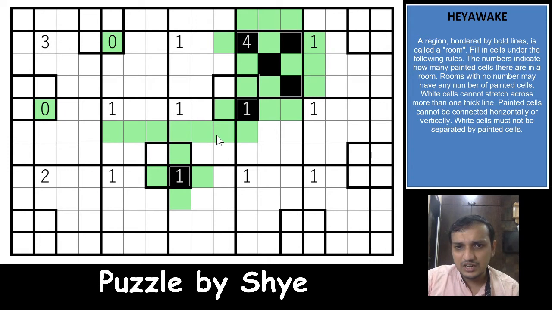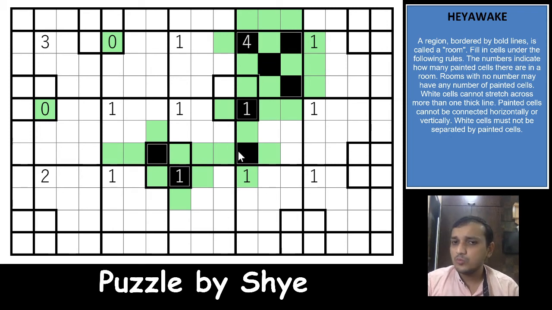If these 6 cells are unshaded, you will have a stretch of white cells crossing more than 2 thick lines, which means that out of these 11 cells, 2 cells will be shaded, and all the other cells of that one region will have to be unshaded. Awesome. That's an excellent piece of logic here. And with that, we'll shade this cell as well, because if we unshade both of these, you will have white cells crossing more than 1 thick line. Okay, so this is done.